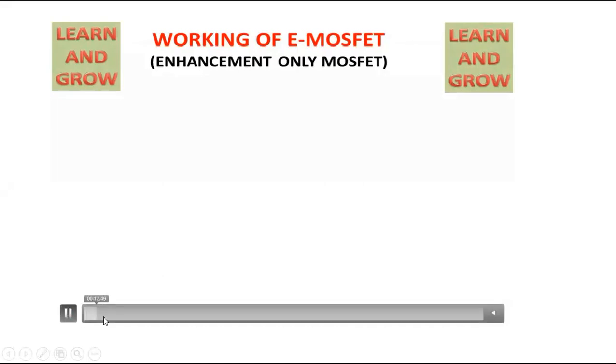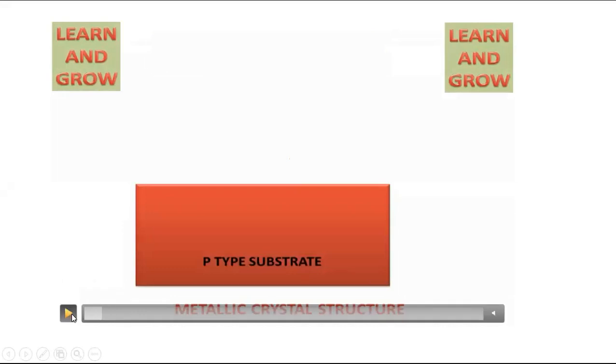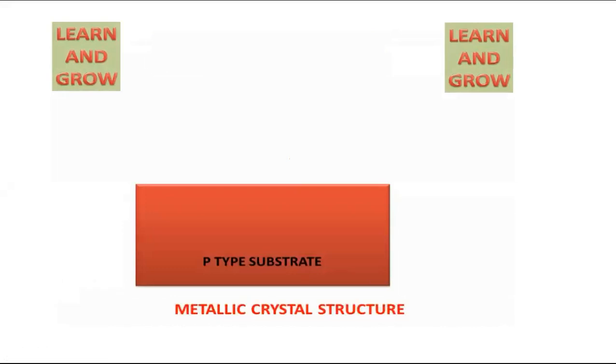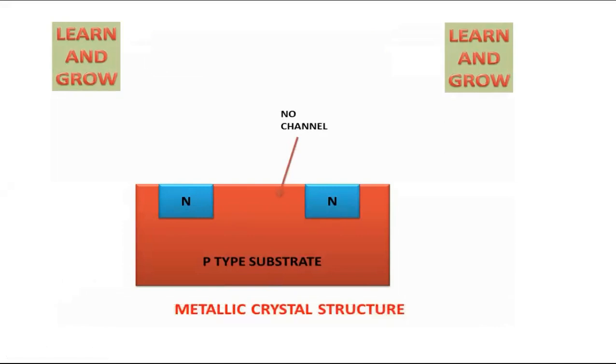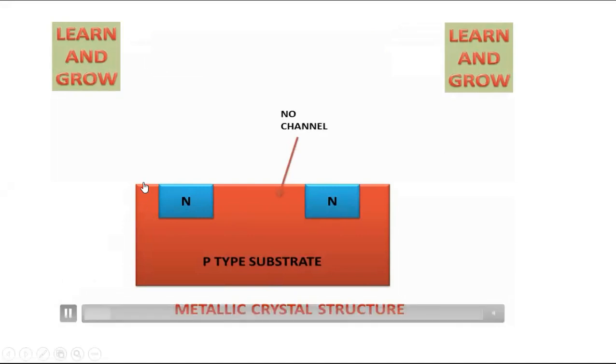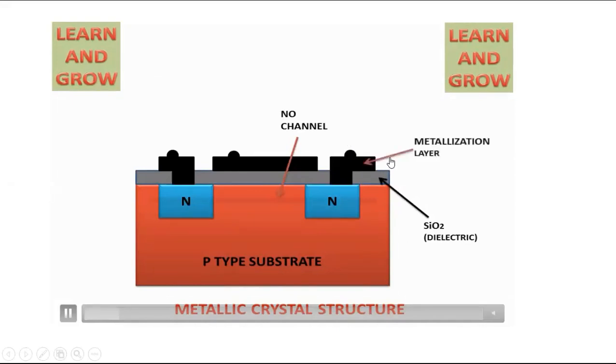The MOSFET practically contains an N-channel, with a P-type substrate. That means first we must take one P-type semiconductor where the majority charge carriers are holes and minority charge carriers are electrons. A P-type semiconducting material is taken on which N-type semiconducting materials are diffused at both the ends, only the smaller region. On these N-type materials, we are placing silicon dioxide material as an insulator. And then this black color in the animation indicates the metal contacts. We require metal contacts to connect the layers.